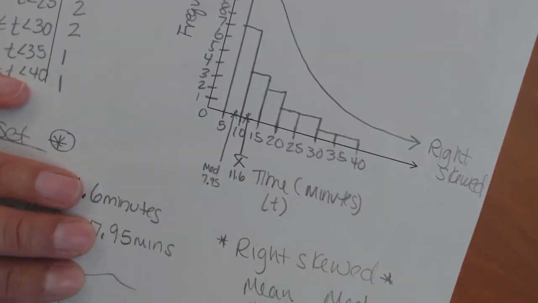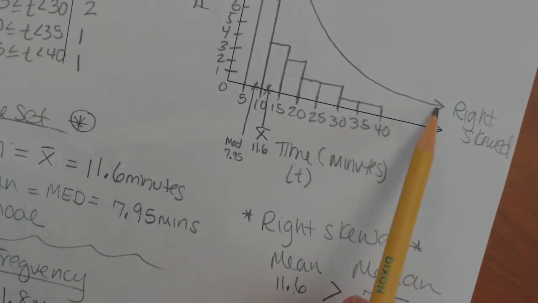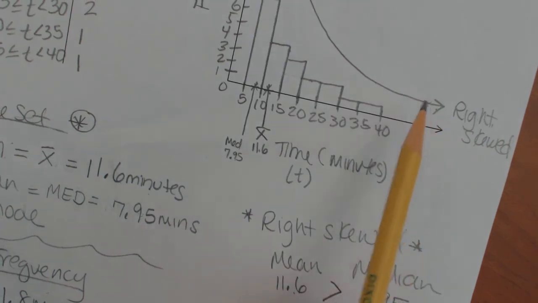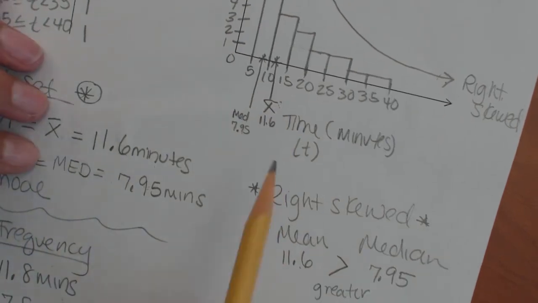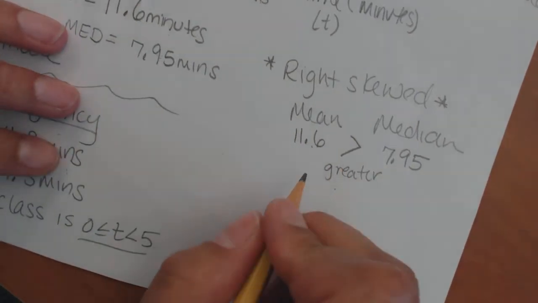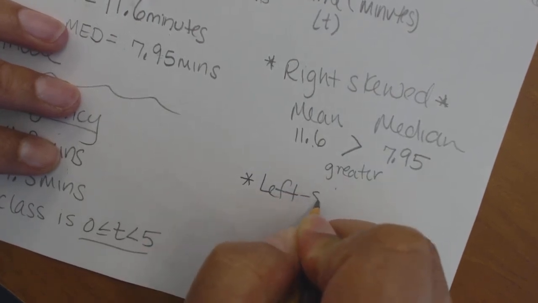And that's because the mean tends to go towards any outliers. It tends to go towards the numbers that lie outside of the data. So the mean loves to follow this tail. So anywhere the tail is, you're going to find your mean going towards it. And so that's why this is right skew. Now, if it was the other way around, where mean was less, guess where the arrow would go? The arrow would go towards the left. So left skew